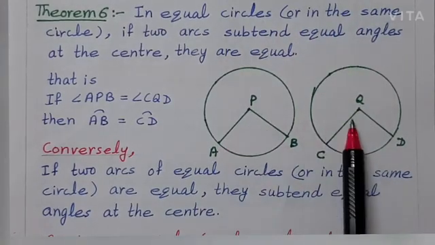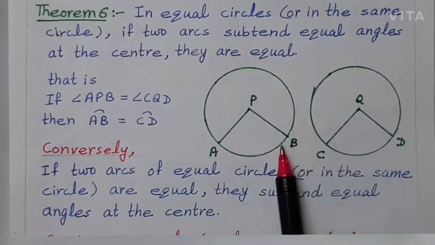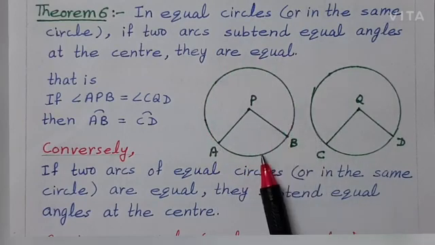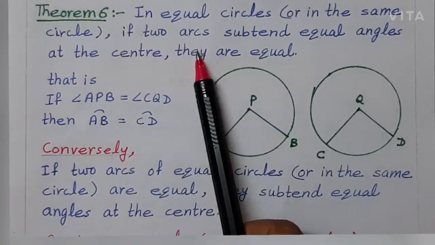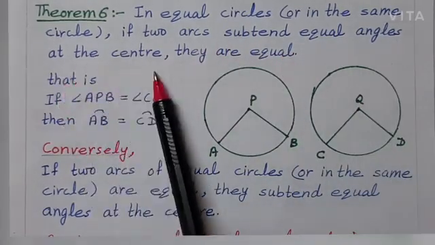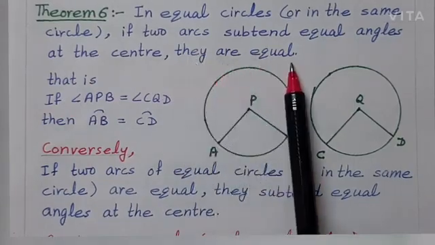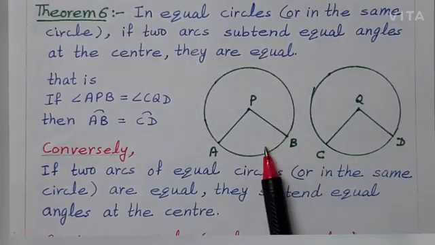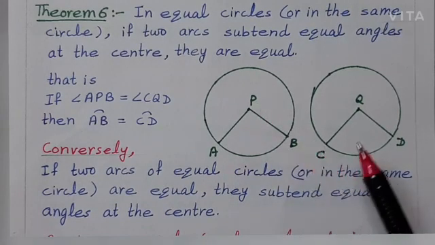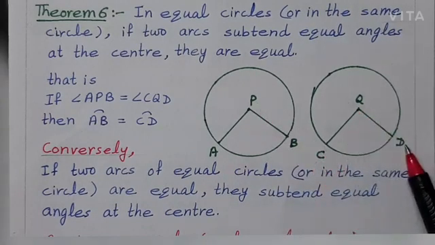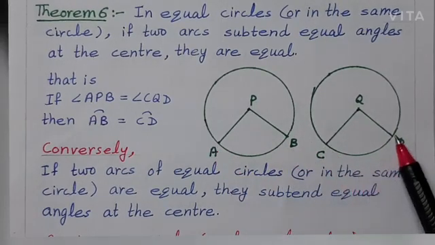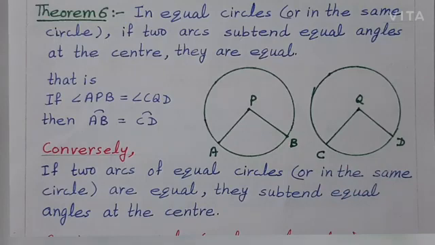That means either you have two different circles, or we can take the two arcs in the same circle. If two arcs subtend equal angles at the center, they are equal. This means if angle APB is equal to angle CQD, then arc AB and arc CD are also equal to